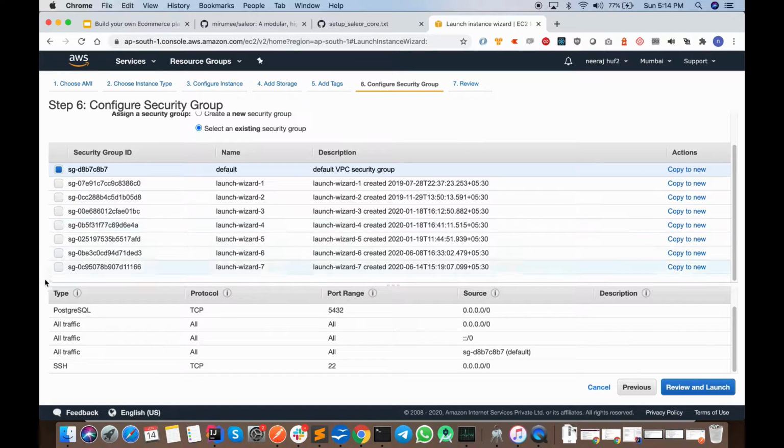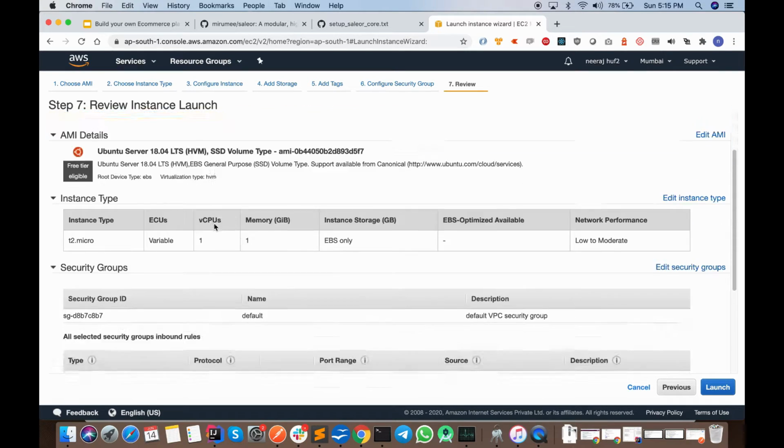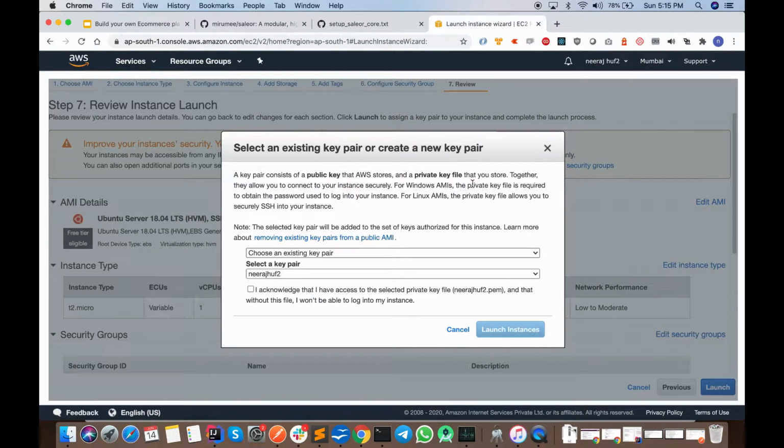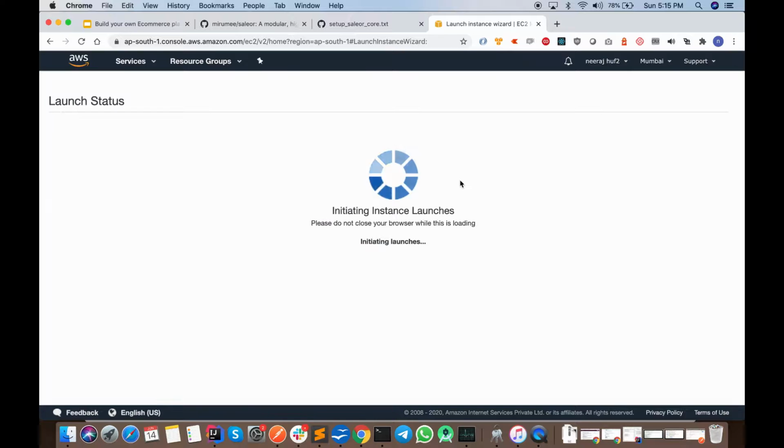The security of this instance is going to be quite open, which I will not recommend for production or development purposes. But for the demo, I am keeping all the traffic from all ports from all IPs. Now I'll launch an EC2 instance.